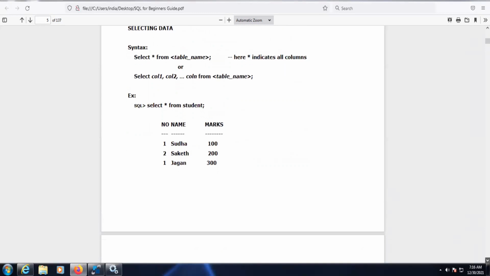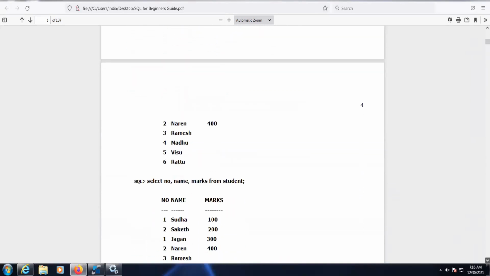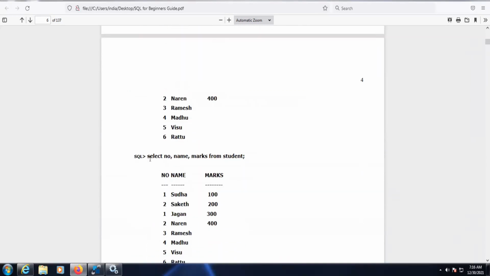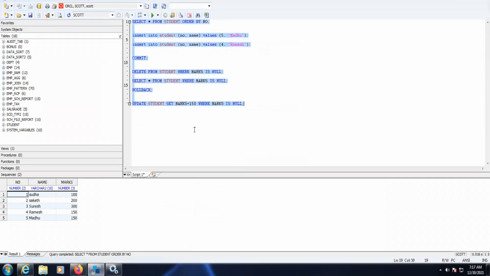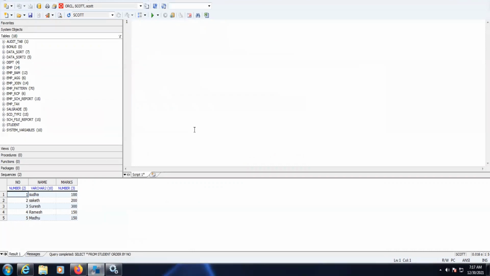If you want to retrieve the data only for specific columns, or if you want all the columns, you can mention it like this. Now I will delete everything and execute this. So here we're able to extract the data for all the columns.